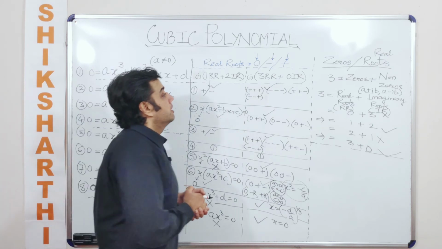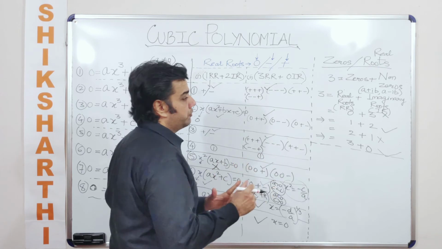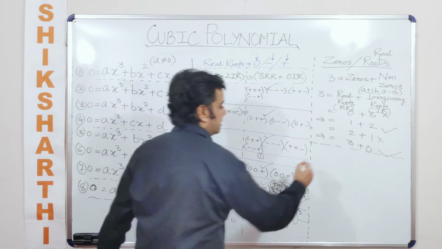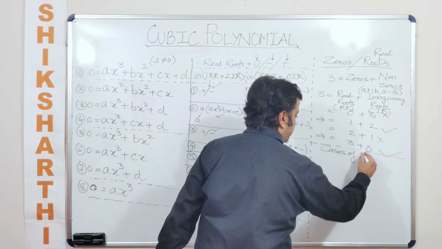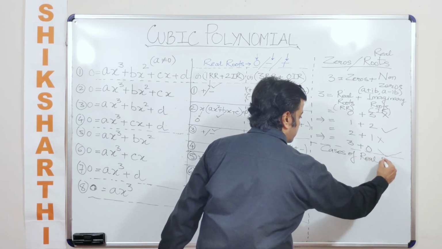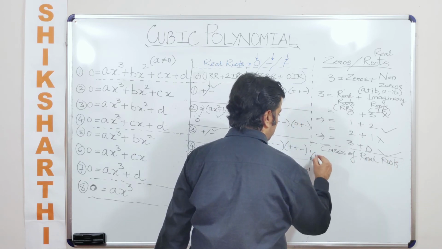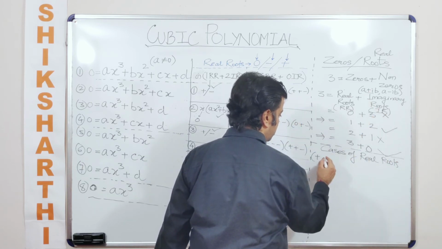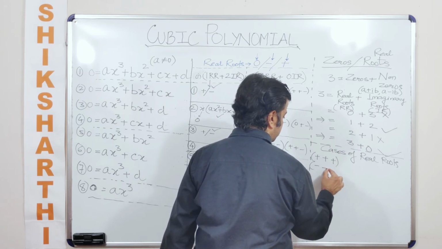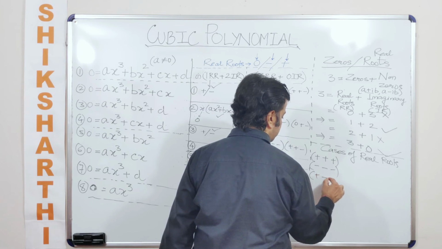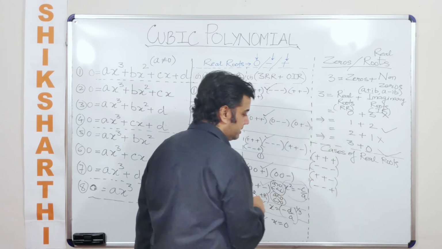So let us talk about what are the total number of different real roots that you can get from here, the cases of real roots. So when we talk about the cases, we know that maximum we can get three real roots. So plus plus plus, or we get minus minus minus, or we take two of them as plus and one of them as negative, or two of them as negative and one of them as plus.